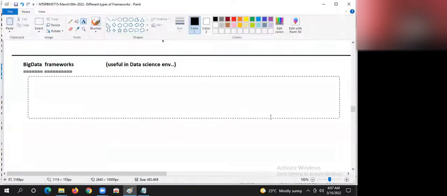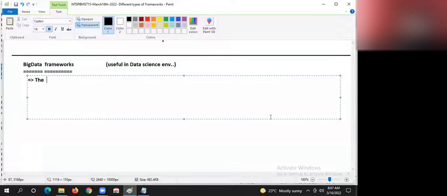Yes, guys. What is big data? The data that is beyond storing and processing capacity is called big data.